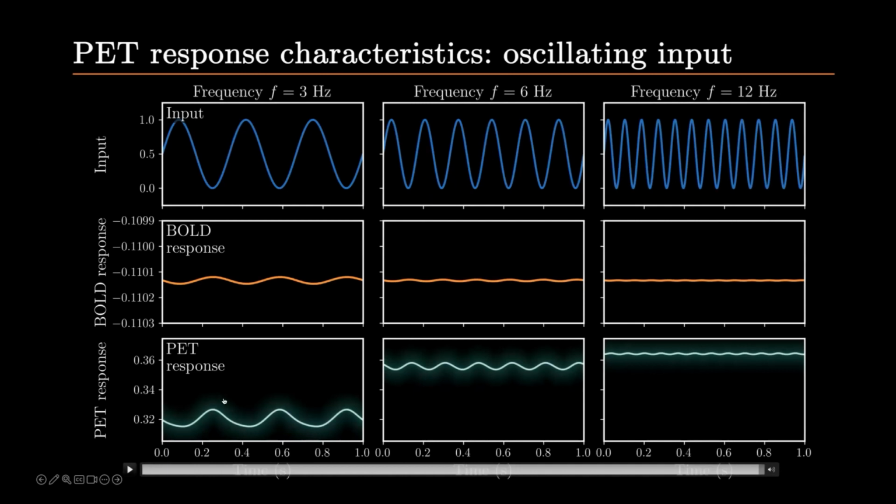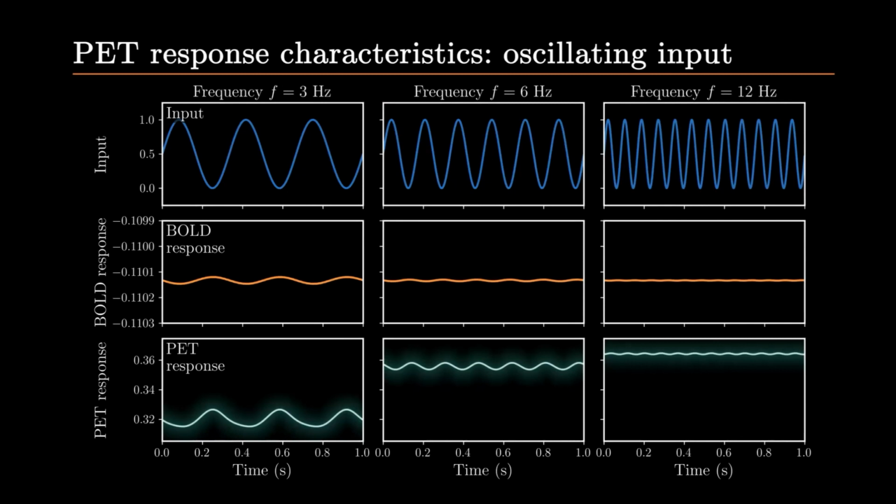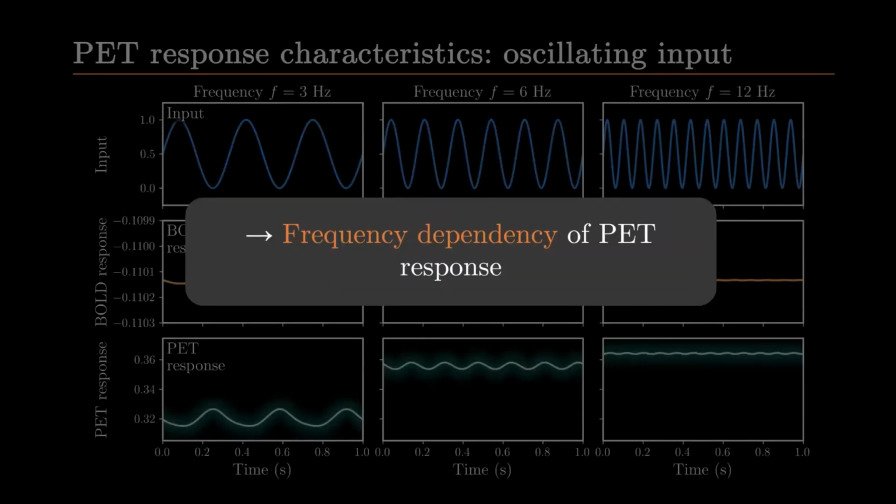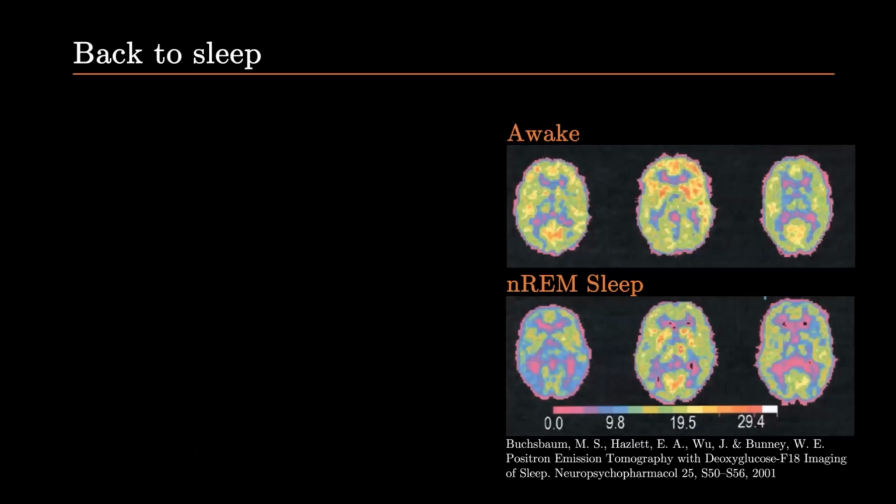For low frequency, we get a low PET response. For high frequency, we get a larger PET response. This is again related to the interplay of ATP consumption and production signal. So we have frequency dependency of PET response. Okay, we had a lot of excursions, a complicated pipeline. Let's come back to what we initially have seen, why PET is useful, and why you can apply it to